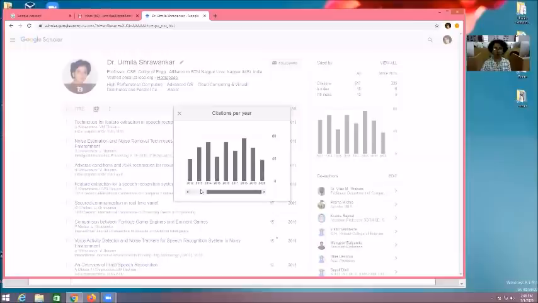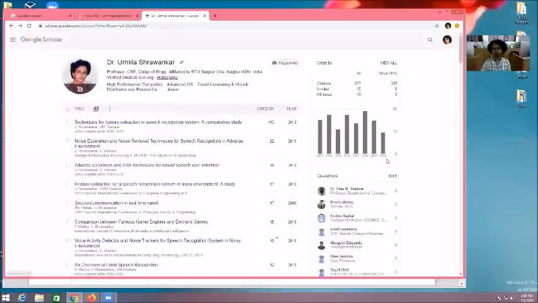You can scroll that scroll bar, means I got started citation from 2010 and now it is 2020. Because of the limited space, it is displaying only 2013 to 2020. Otherwise, your discount will not match with discount. Okay, here the bars are given over there for the graphical representation of your citation year wise.